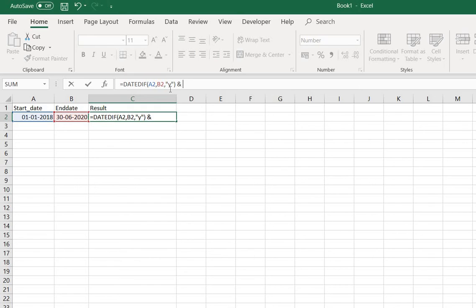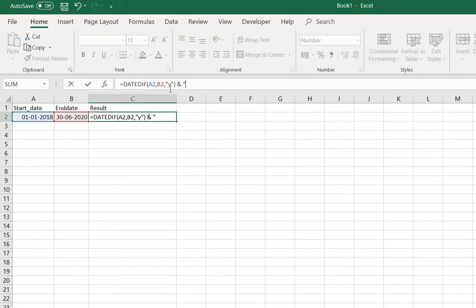In Excel you can also use the CONCAT function, but using this ampersand you can add text together. Here I'm going to add years, months and days in one cell. That's why I'm going to use the ampersand.